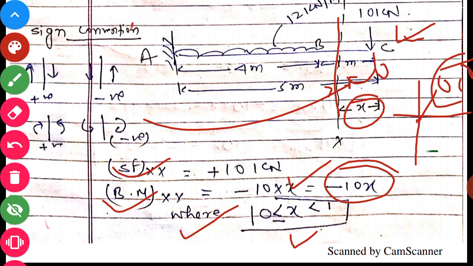Okay, that means x is always less than 1, not equal to 1, because there is another force, that is 12 kilonewton per meter acting at point B. If there were no force at B, then we could say that x is equal to 1 also. But here there is a force of 12 kilonewton acting at point B, that's why there will be a change in the shear force. That's why x is less than 1 and greater than or equal to 0, meaning x is equal to 0 or greater than 0 or less than 1. That is the region. That is very important to define.